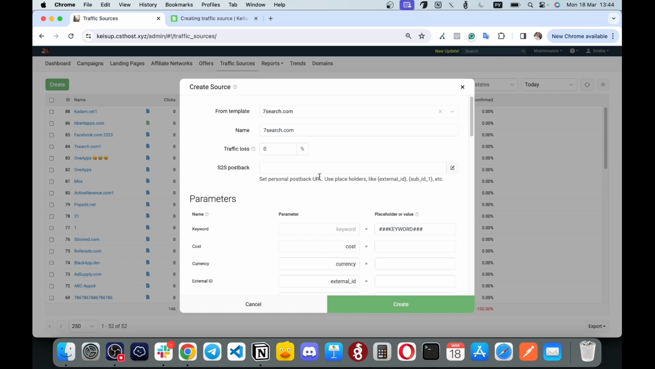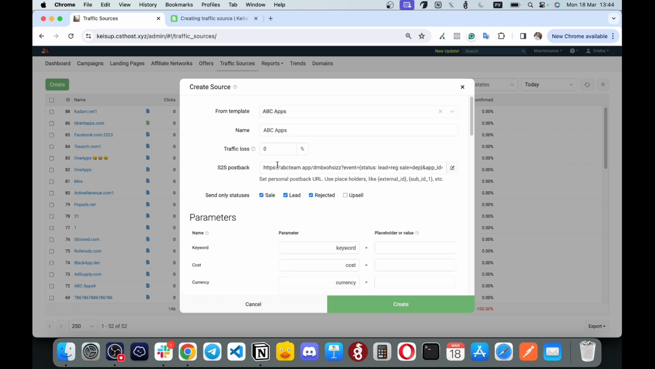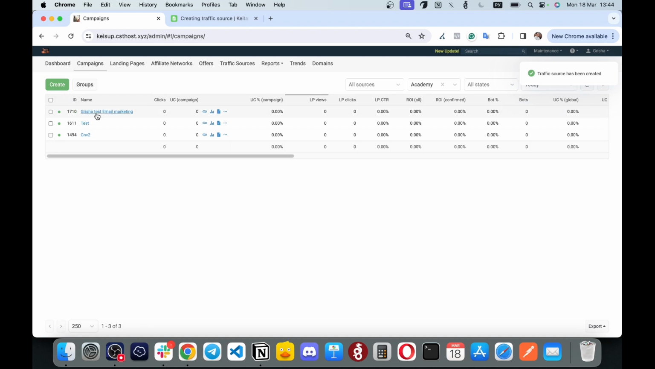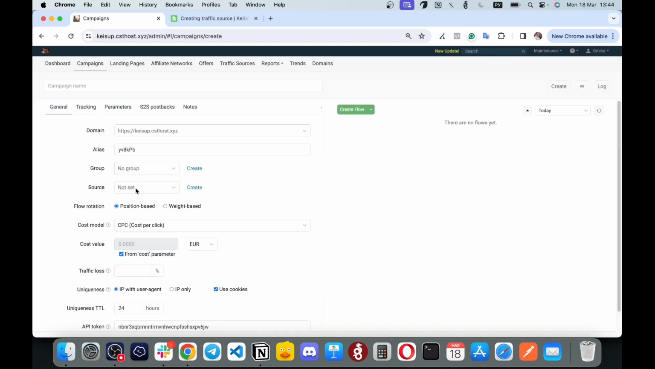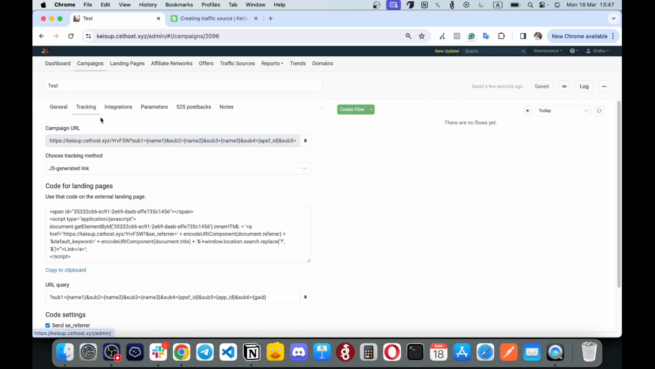First, we are creating a template here. Let's choose some random one, this one, let it be ABC apps, create, done. Then we should add it to the campaign here. And we see here that we may choose the source, ABC apps, save it. And now we get a fully prepared link here, and it only needs to be added to the ad cabinet